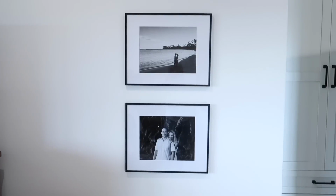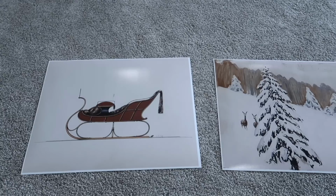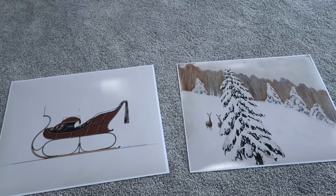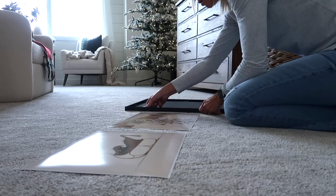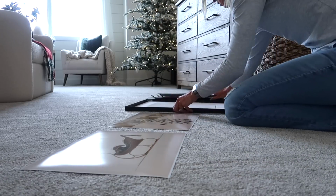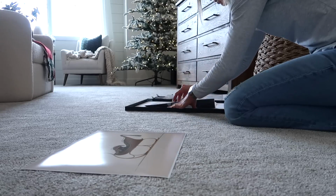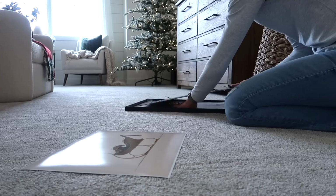The room is coming together, but we are not finished yet. I actually wanted to switch out the frames here. I purchased these images off of Etsy and had them printed at our local Walgreens. I'll link the package down below. It's a great pack. I can't even remember how many images were in this file, but it was a great value,